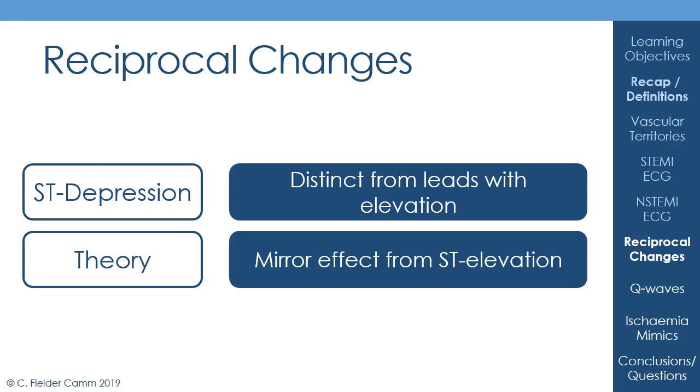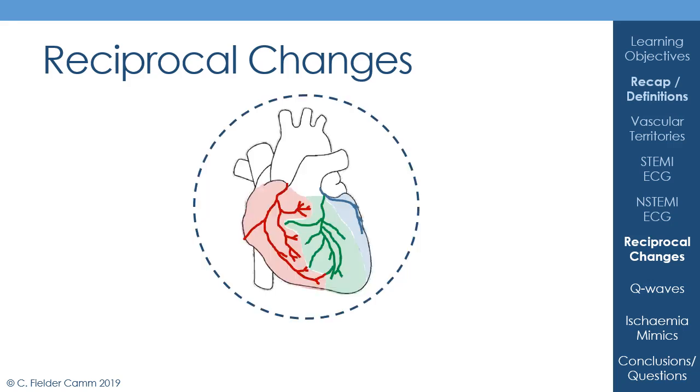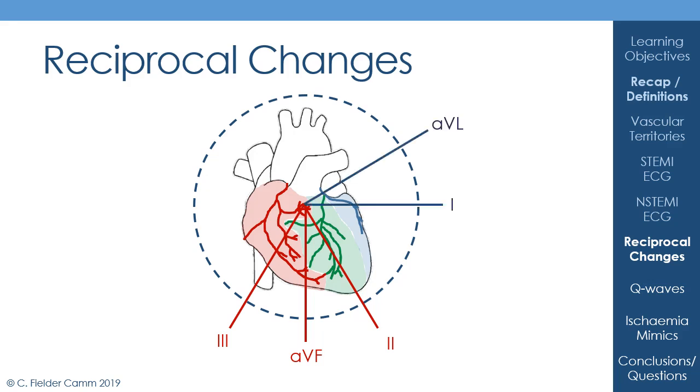And as you can imagine, if it's ST elevation because it's going towards one lead, when you're looking at the lead from the other side, it's going to cause ST depression. So I'm just going to illustrate that idea of reciprocal changes here on our heart model. Imagine you're getting ST elevation in our inferior leads here. You may well see that you get some reciprocal changes with some ST depression in our lateral leads, particularly 1